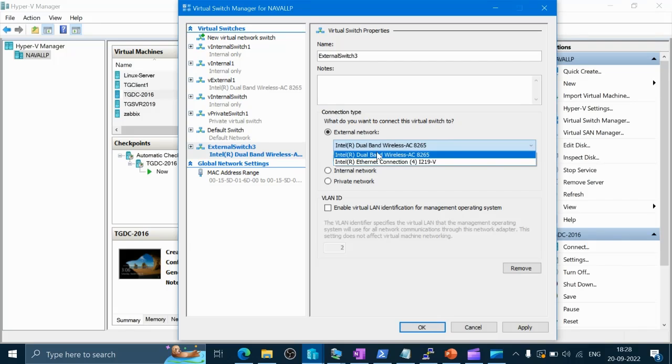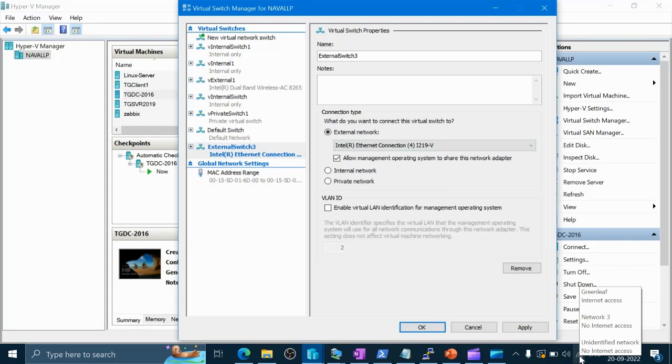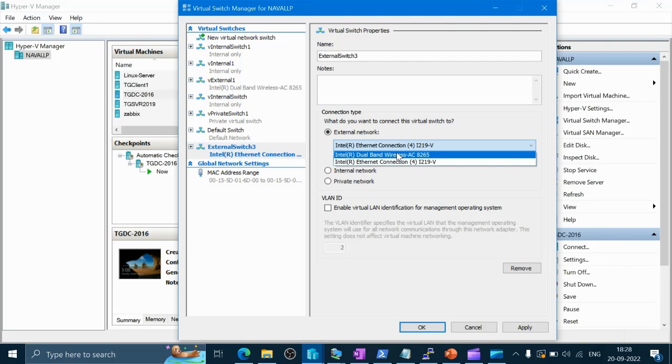connect to that network. So let's say that I connect to Ethernet connection, but do note that right now we have connected to our Wi-Fi. So even if we select Ethernet connection, it will not allow us to communicate anywhere because our physical host does not have any connectivity with that Ethernet connection. So if we select wireless, then only our virtual machines will be able to communicate with external networks or to